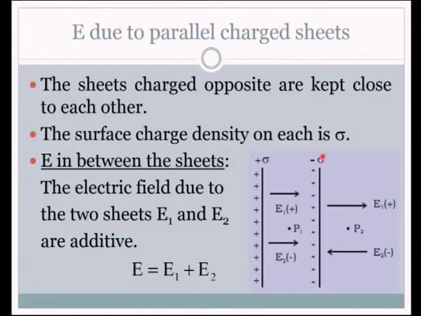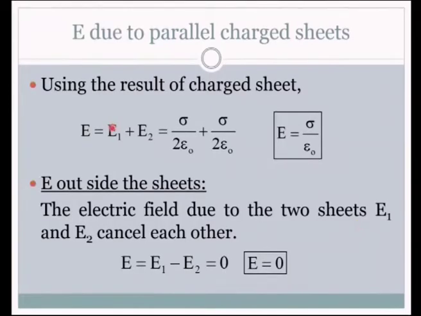Shall we have a look at the picture once again? This sheet is a very large sheet. The geometry is shown here, very long sheets, infinitely long. The distance between them is negligible, very small. That is why they are additive here, they are cancelling each other here. All these are possible. Now, for the point outside, the electric field is not additive, they are opposing each other.